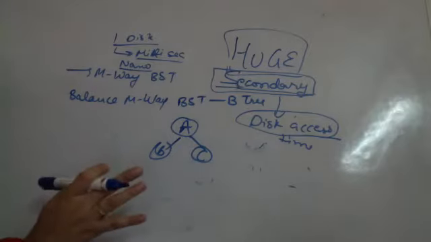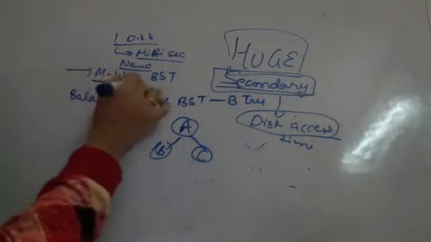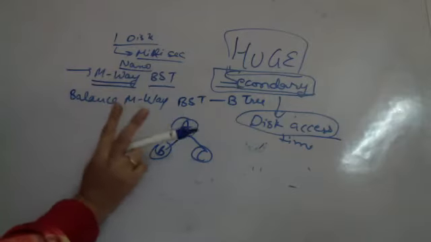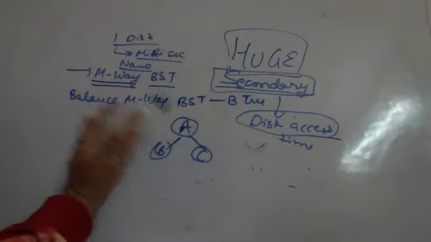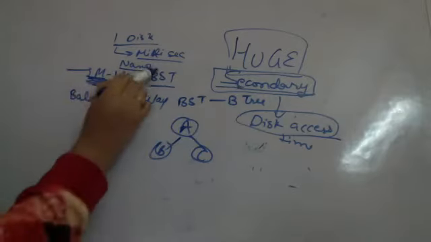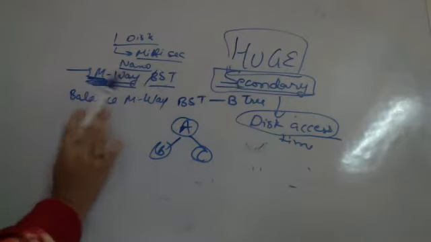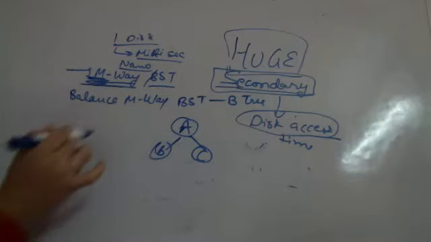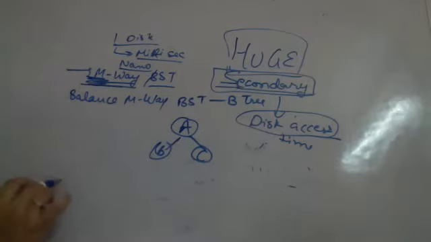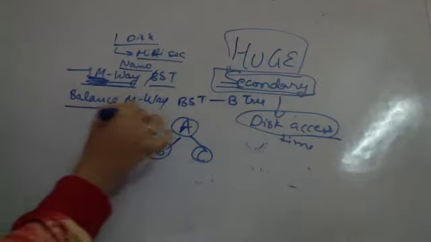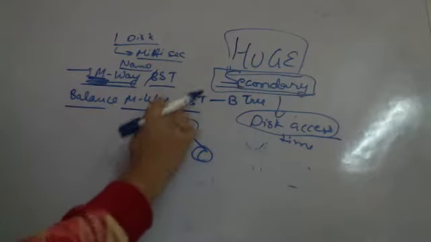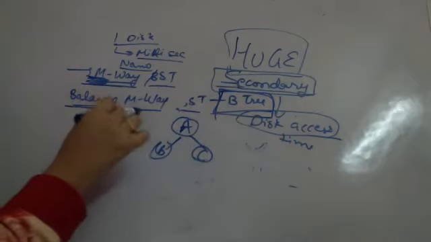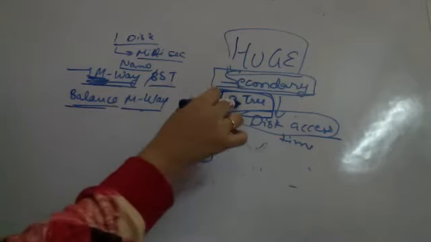So that is where we bring M-way trees into the picture. Binary search trees are two-way search trees. M-way trees are not binary. They are search trees which are M-way. We'll just see what that means. They can also get skewed towards one side, so they need balancing. So balanced M-way search trees are called B trees. When we have balanced the M-way search trees, then they are called B trees.